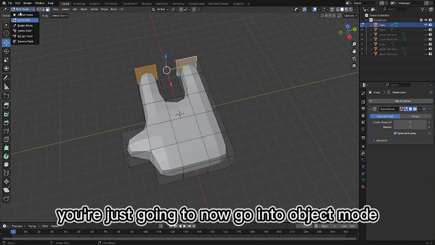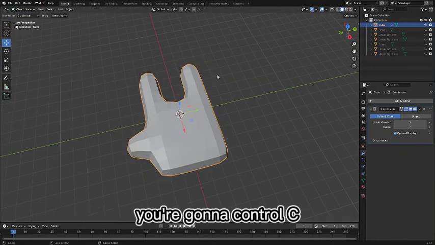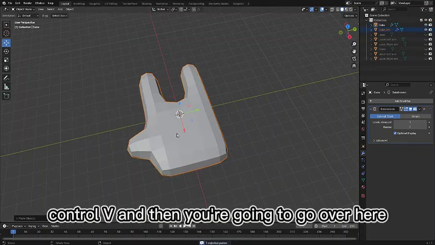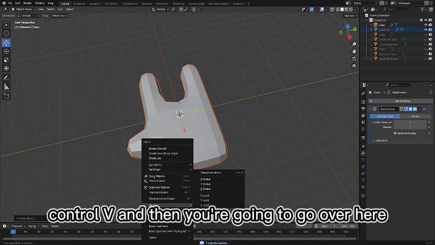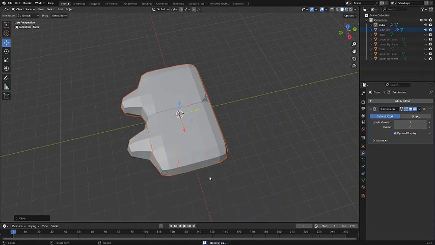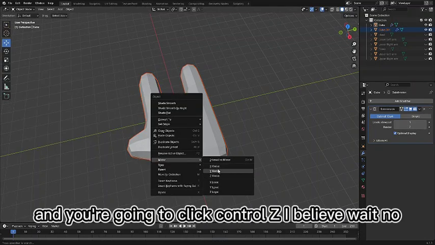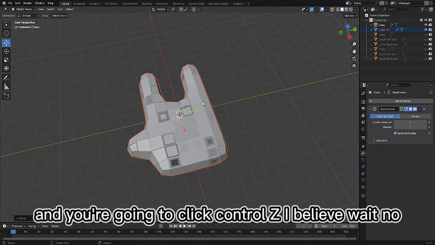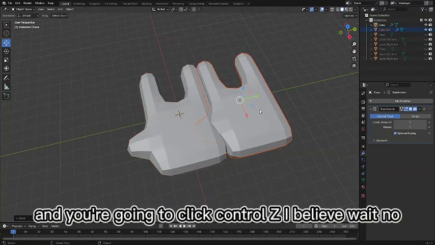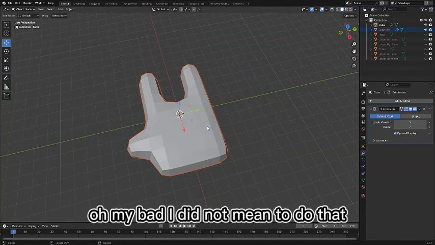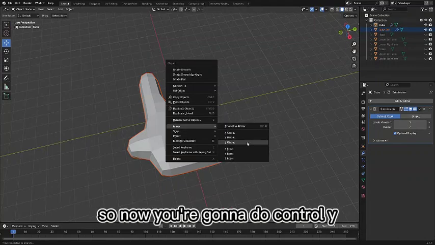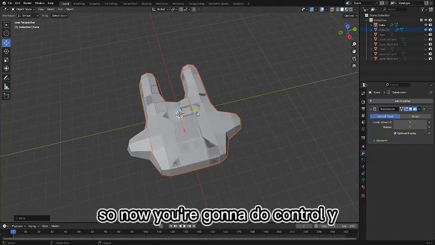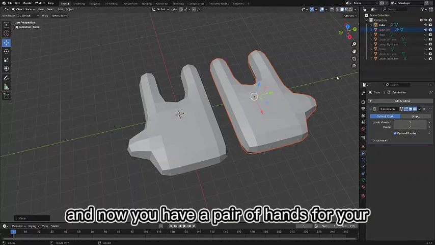So now what we're going to do is you're just going to go into object mode. You're going to Control C, Control V, and then you're going to go over here, and you're going to click Control Z, I believe. Wait, no. I did not mean to do that. So now you're going to do Control Y, and now you have a pair of hands for your left hand